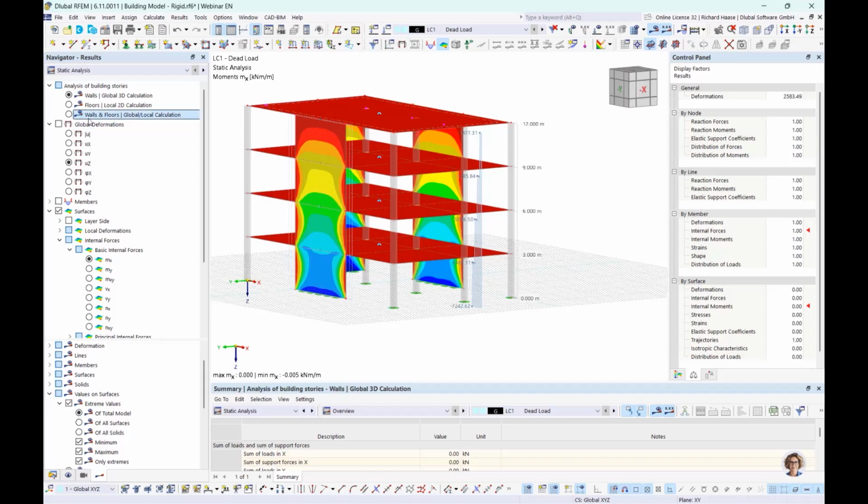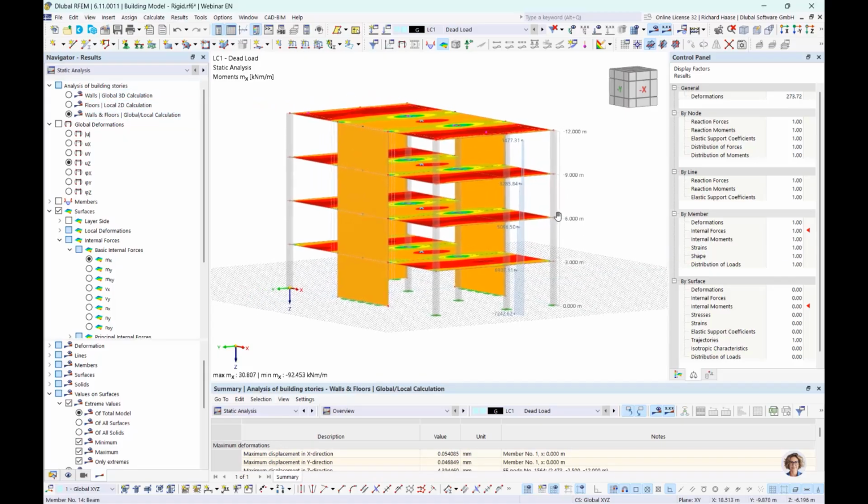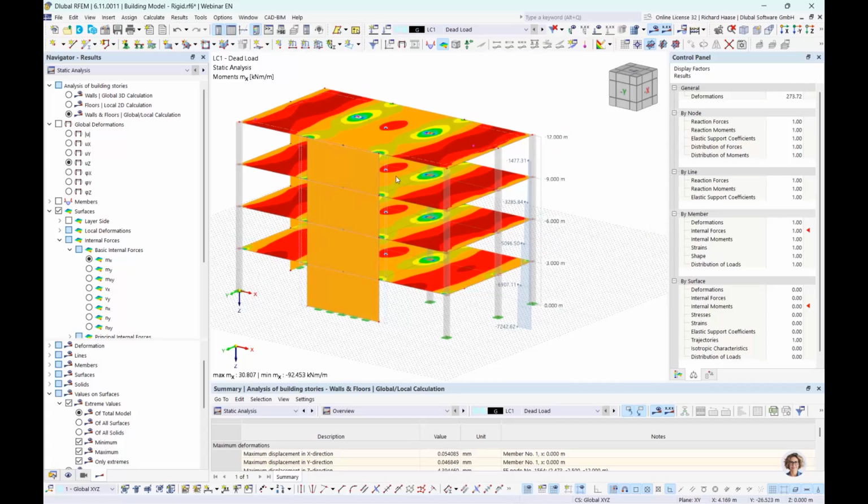And this last option, walls and floors, is, let's say, a sum of these two. And here we have our